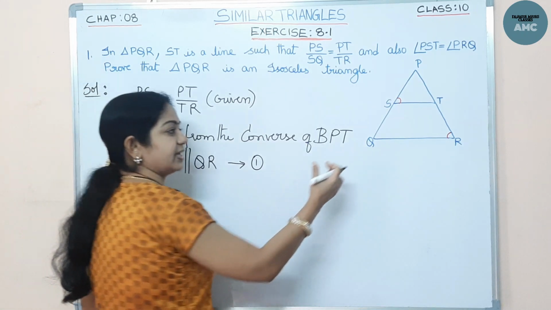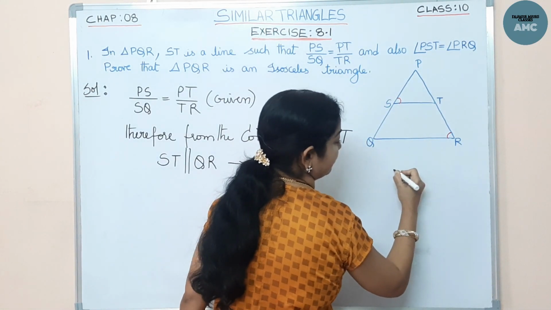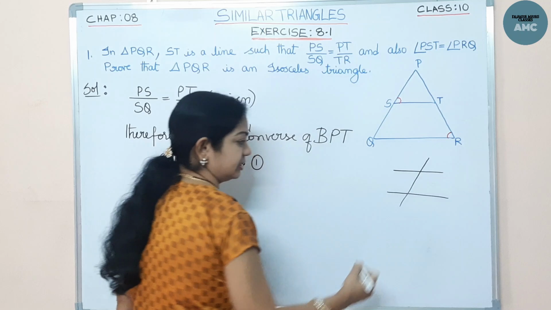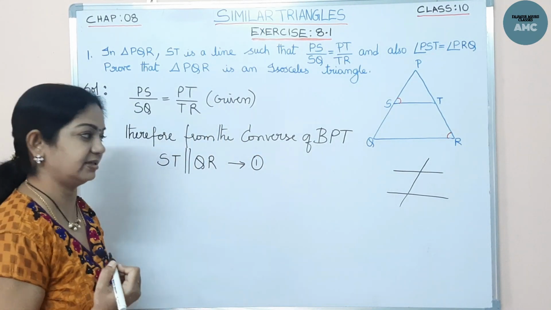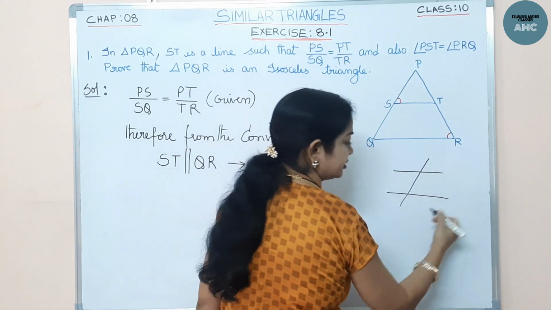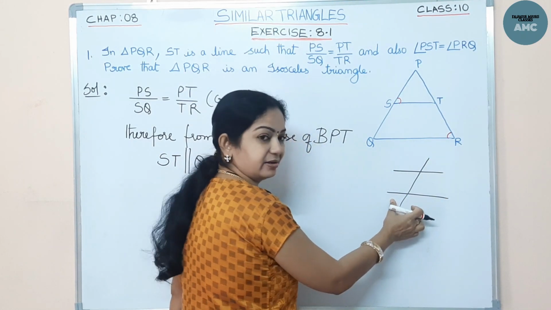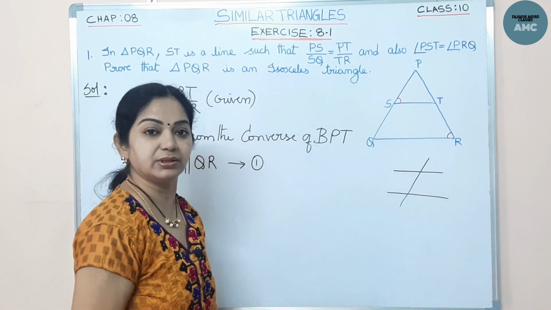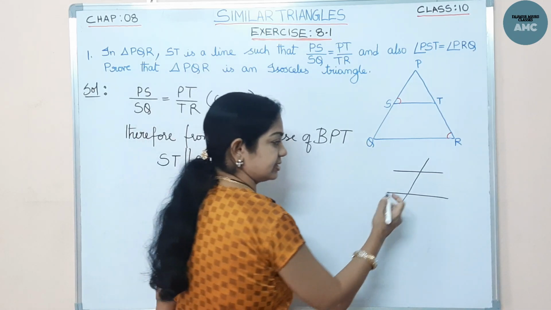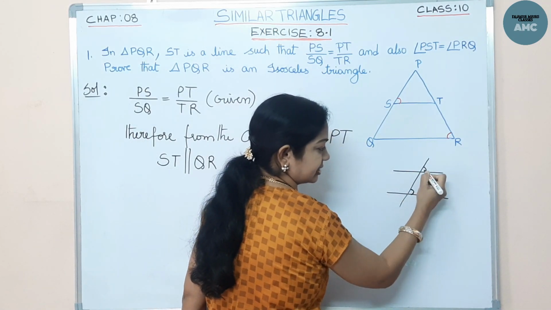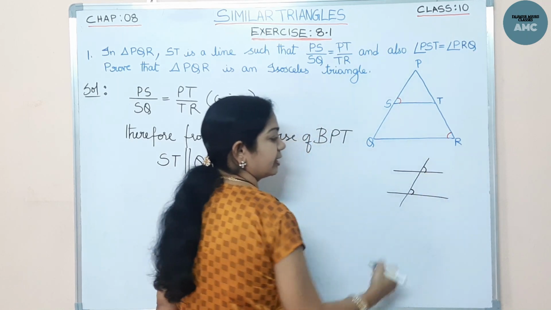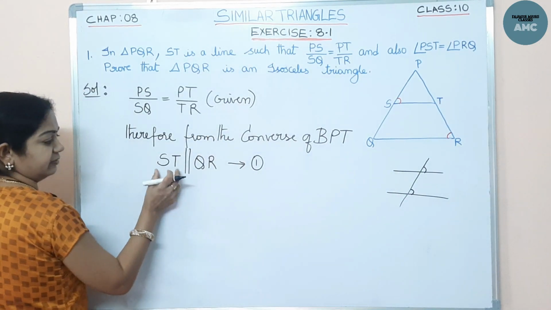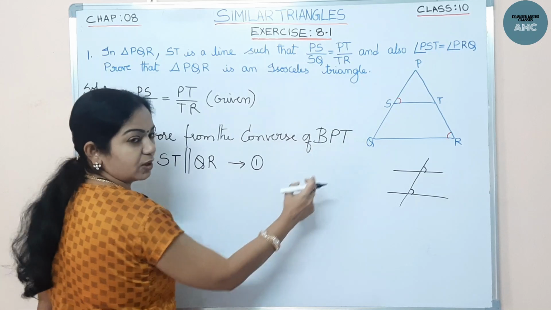Now here when I am telling these two are parallel lines, from the property of parallel lines, which you know from our 8th class parallel lines chapter, all the properties of parallel lines. When two parallel lines are intersected by a transversal, then the corresponding angles are equal. So the 8 angles formed follow all the properties. One of the properties is that the corresponding angles are equal in parallel lines. So from that property, we are telling that ST and QR are parallel.